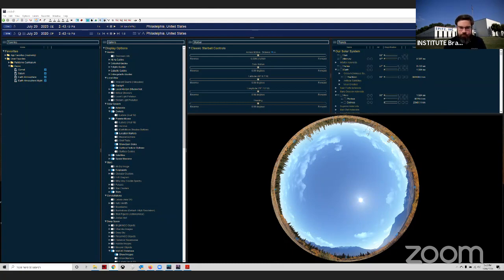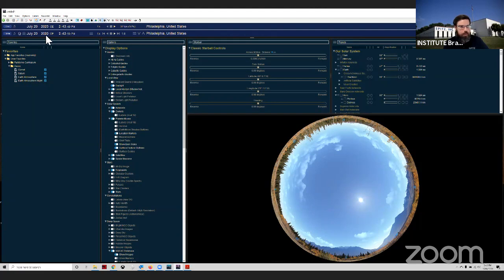All right, so what we're going to look at next is the time and the date. On your pre-flight interface, you should see over to the left, the top left here, is very obviously the calendar. Right now the current time and date is what should pop up when you start